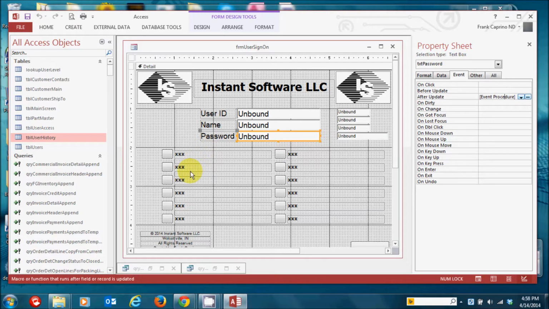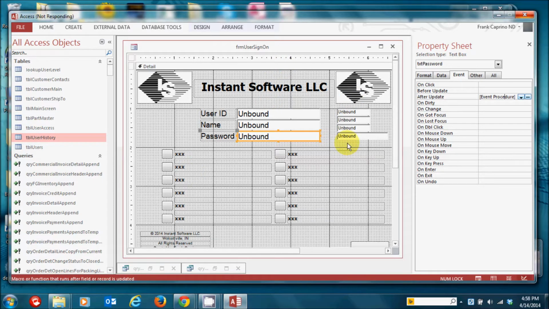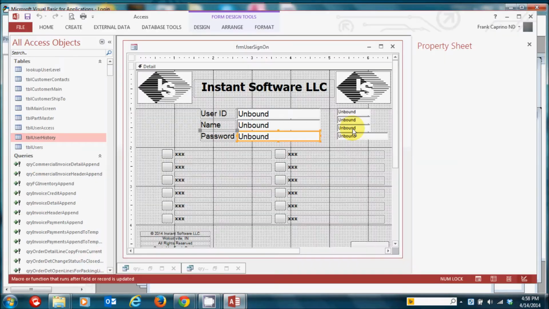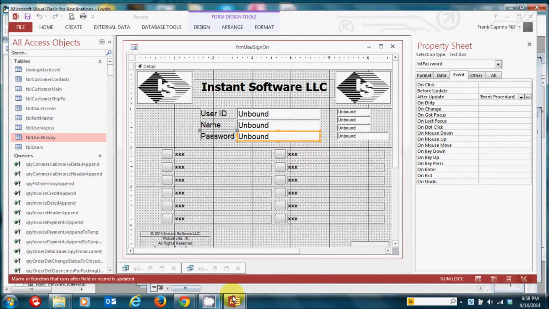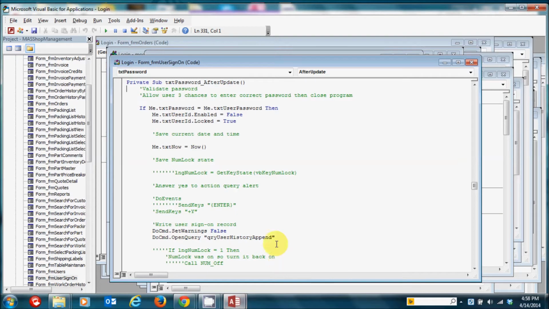I do two things in here. I capture the current date and the time and I store it in a text box on the user sign-on screen. It's invisible to the user, but I need that for later use. And I run a query that appends a user history record. So those happen when a user puts in a valid password